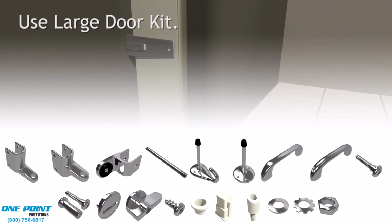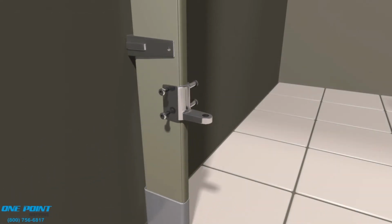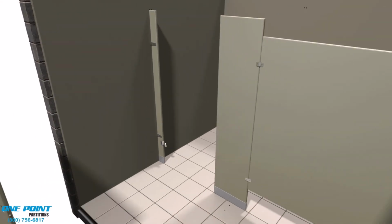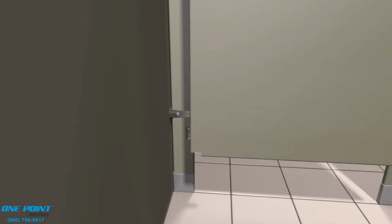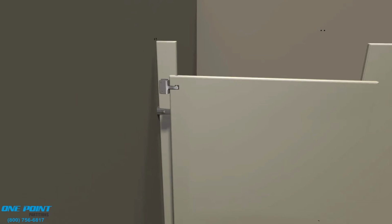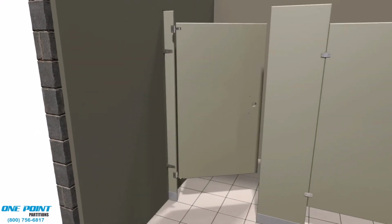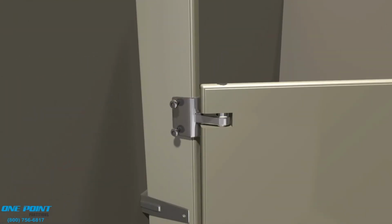Next, we'll work on the large door, in this case an ADA door, and here's the kit. We'll start by installing the lower portion of the hinge. We're using step bolts, otherwise known as through bolts, to make the connection. Here comes our cam along with the hardware to connect the cam to the lower portion of the hinge. And then we're placing another opposing cam into the bottom of the door. Here comes our upper portion of the hinge. We want to attach this to the door, and then we can place the door onto the bottom portion of the hinge. At this point, you need to do a swing and a test fit, and then secure the door